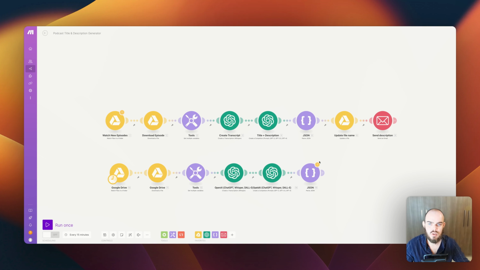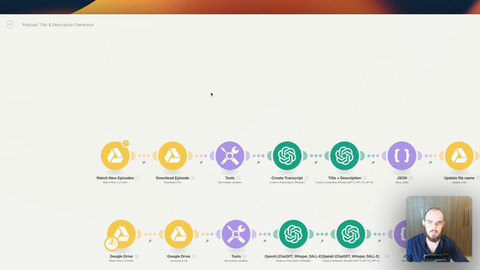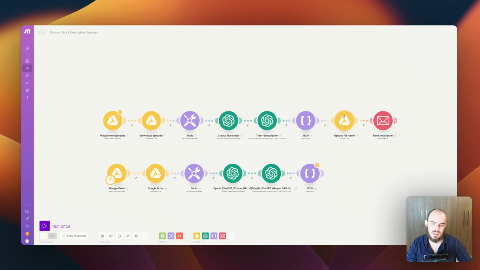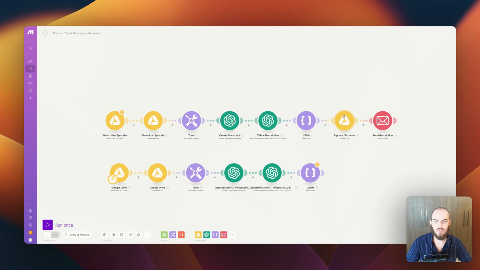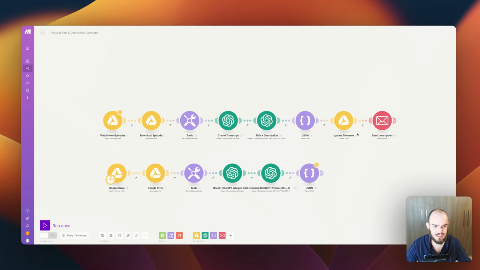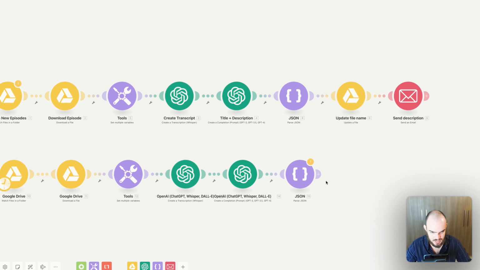If you now want to automatically rename the file from your Google Drive folder in here to the episode title that is generated by AI, you can use the next step that I will show you. But if you have 4 or 5 or maybe 10 outputs as title suggestions, then this won't work. It will still update the title, but then you will have all titles in the name. And then, of course, it's something that you cannot work with. But if you want to have only one title output, then you can rename the following